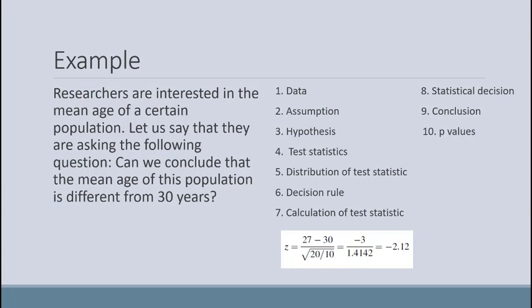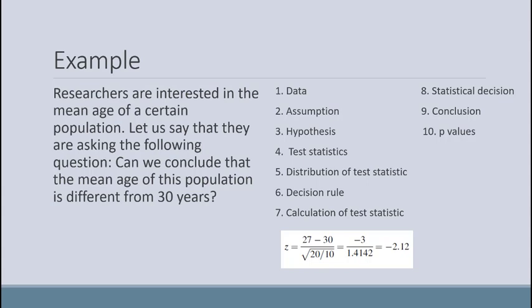In the present instance, these writers will give the computed value of the test statistic along with the statement p = 0.034. The statement p = 0.034 means the probability of getting a value as extreme as 2.12 in either direction when the null hypothesis is true is